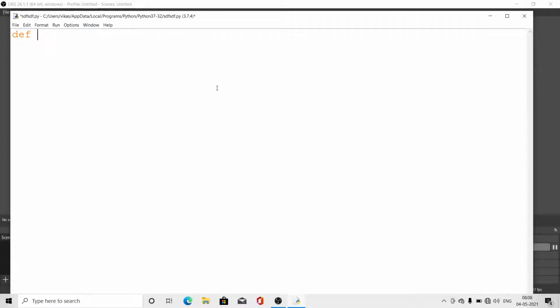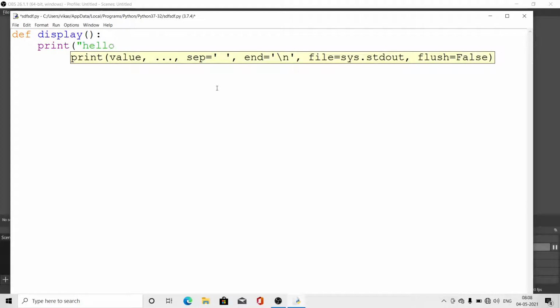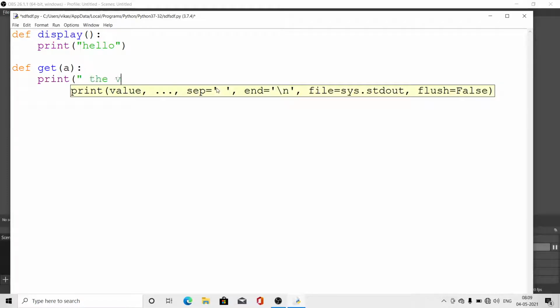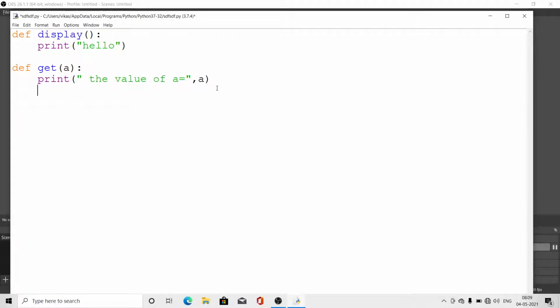Look, first, def display. I am not writing any parameter here, so no problem, and I wrote print hello. Now I am defining another type of function, print get. In that I am giving one value a, and I am writing print the value of a is equal to a. The first one is no parameter, no return. The second one is no return but parameter. Third one having